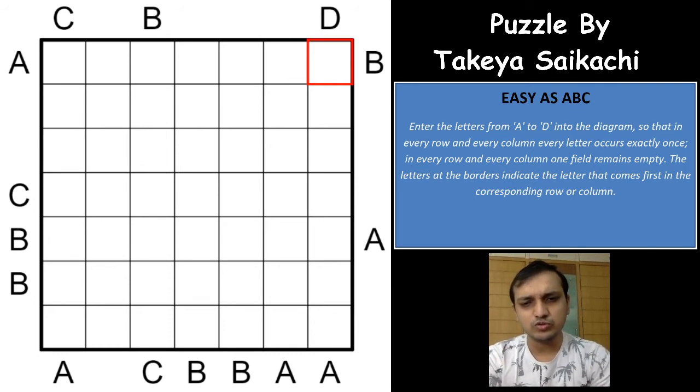I'll go through some good basic things that you need to look for while solving an Easy as ABC puzzle. The first thing is the corner cells. If you have a D here and a B here, and both are at the corner cell, this cell won't be any alphabet. It cannot be D, because then the first alphabet seen from this direction would have to be B, and it cannot be B either because the first cell has to be D for this clue, which means that it has to be crossed out, or blank.